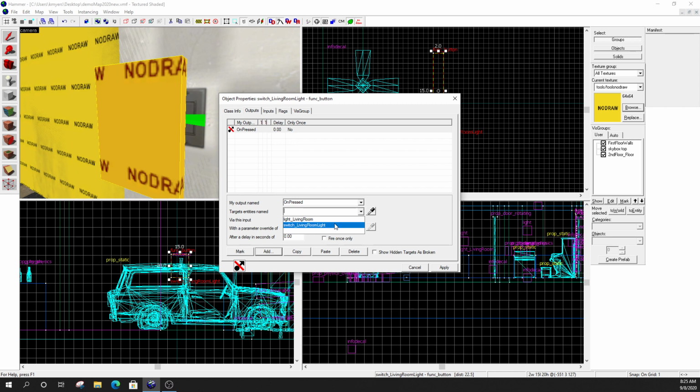So if you've gone through and named a bunch of your lights or something like that, you're going to see all of them listed because it's all named entities within the game we can output to, we can talk to them. And this is when the naming convention is useful, because now I can look at this and I can say, all right, this is the switch, here's the light for the living room. So I'm going to select my light,